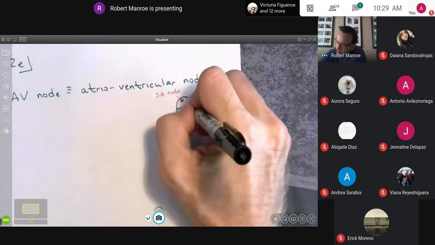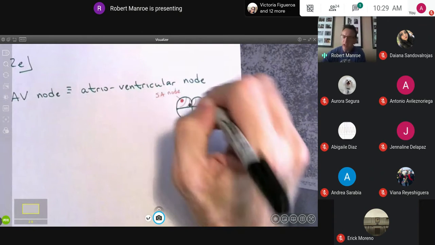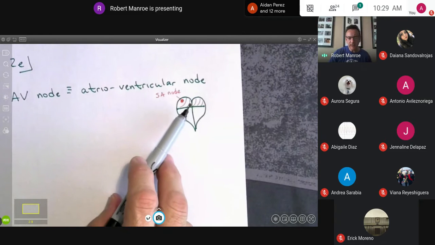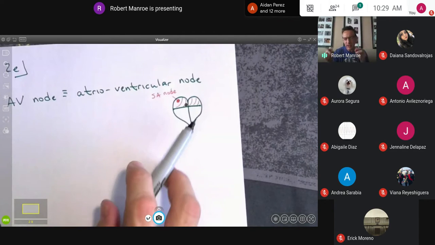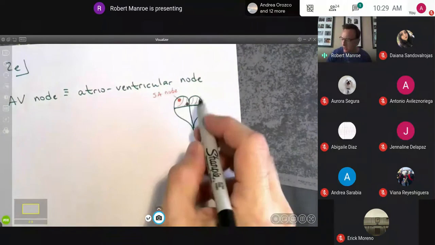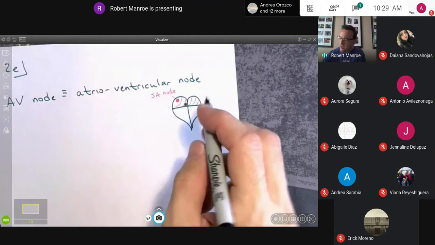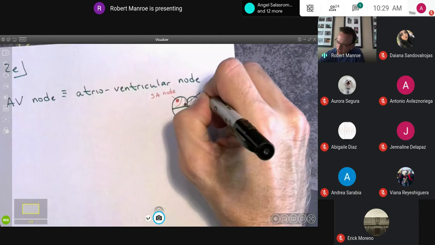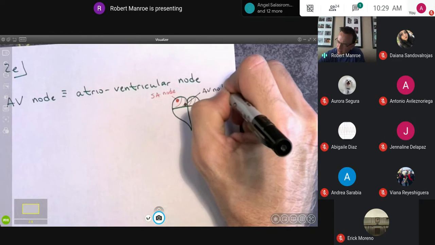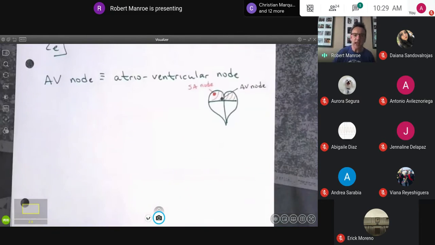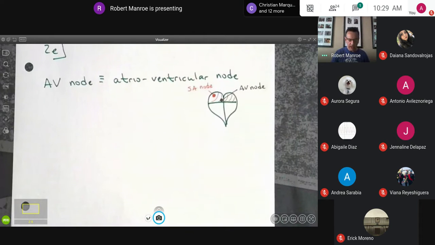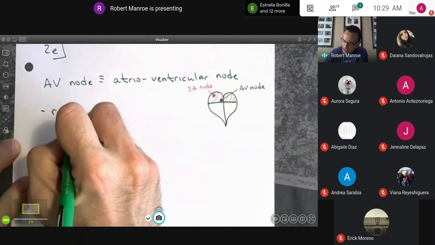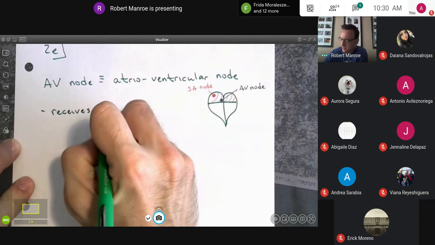There we go. So there's now a second piece of neural tissue, which sits right in the corner where the atria and the ventricles join. Okay, and this piece of neural tissue is called the AV node, for the atrial ventricular node. And what happens is the AV node receives the impulse